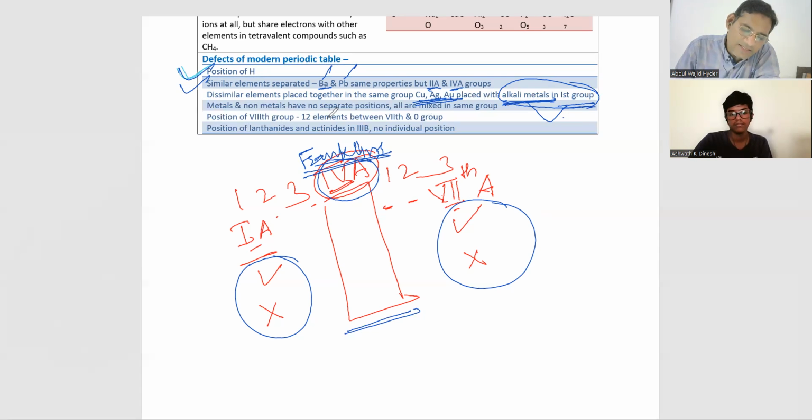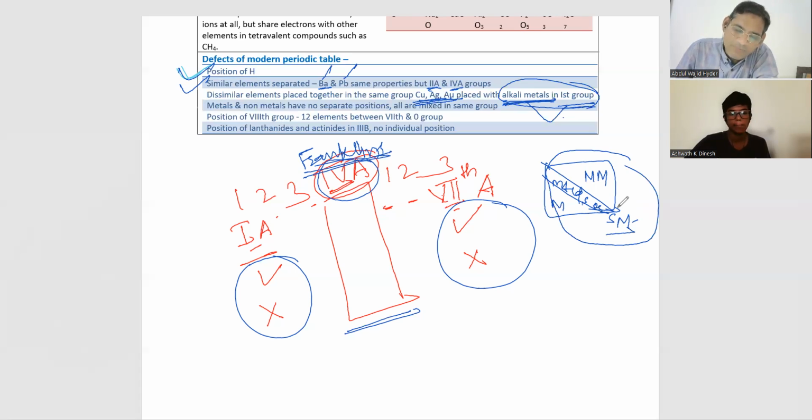Now metals and non-metals have no separate positions. See the P block. These are metals, these are non-metals, and here it is metalloids or semi-metals. So what's the reason? Why are all these elements there in the same block? This answer was not there in the modern periodic table. These elements are different, so their position should